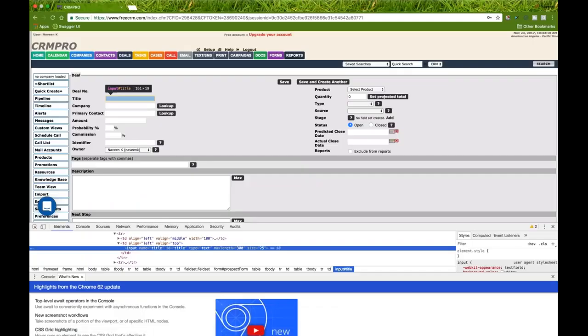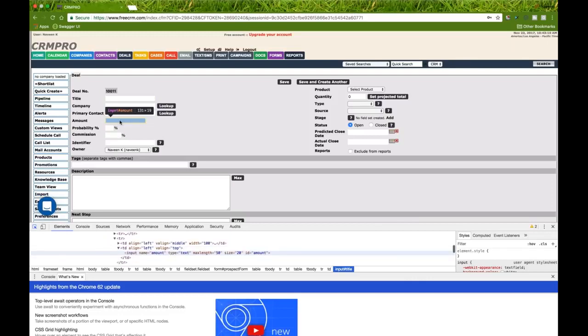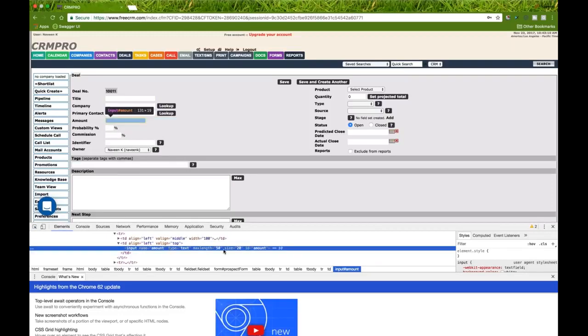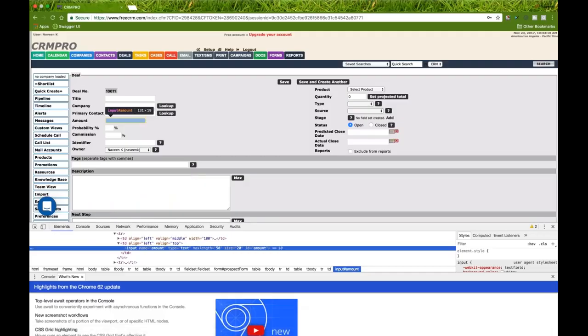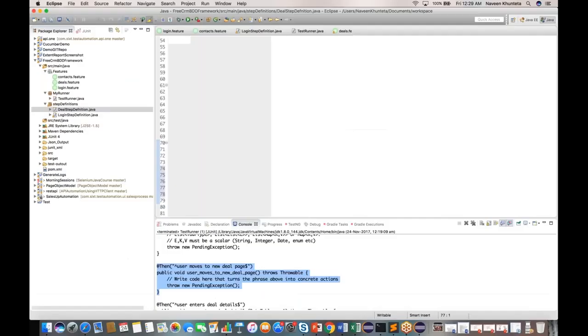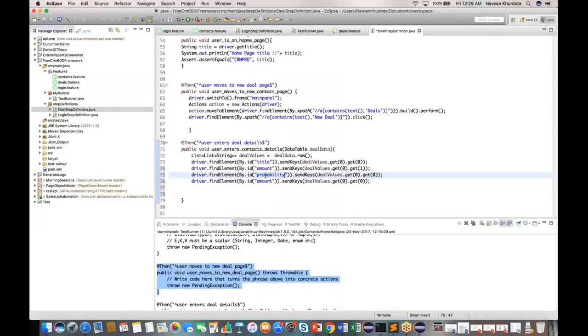So the next value is, we have to enter amount, right? So amount, let's see this amount name. There is no id. Okay, id is there, yes, amount is the id. So I'll enter amount, and then get 0 and the first value we have to enter. And for this guy, probability, what is the probability id? This is the probability id. Okay, probability,